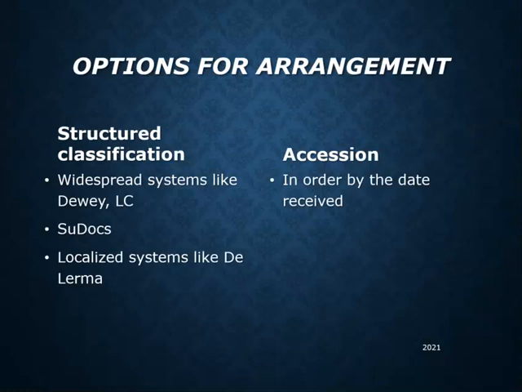If you have used a library, you are probably a little familiar with the Dewey Decimal Classification, or the Library of Congress classification systems, as they are the most widespread in the U.S. These are prime examples of structured classification systems, designed to physically locate similar things near each other, facilitating physical browsing. There are structured systems for specific content, like the Superintendent of Documents Classification System, known as SUDOCS, used specifically for U.S. governmental content and assigned by the Superintendent of Documents in the Government Publishing Office.